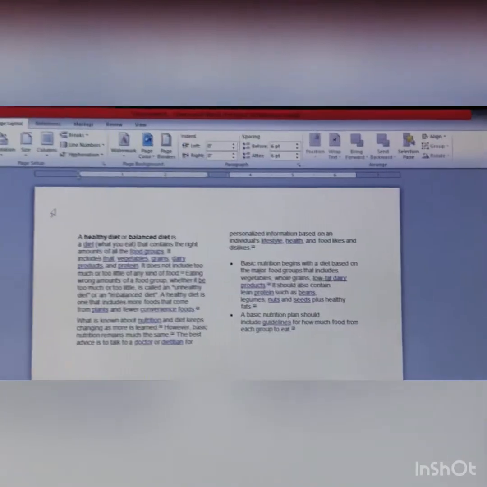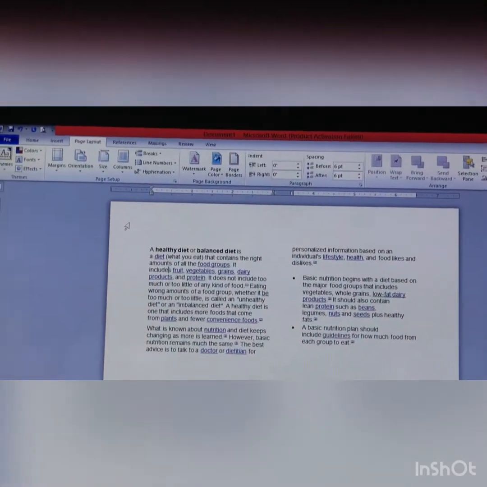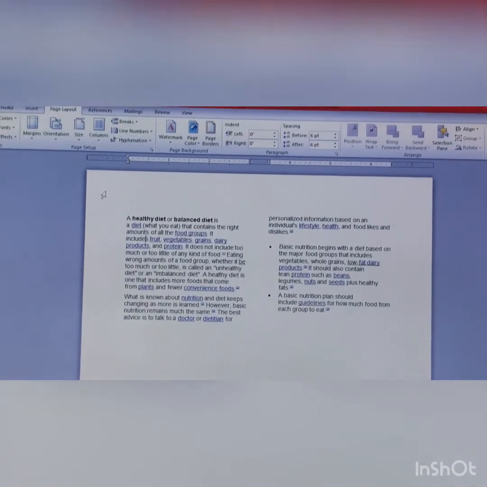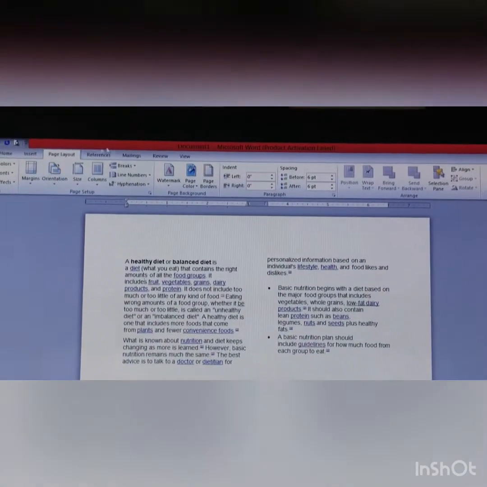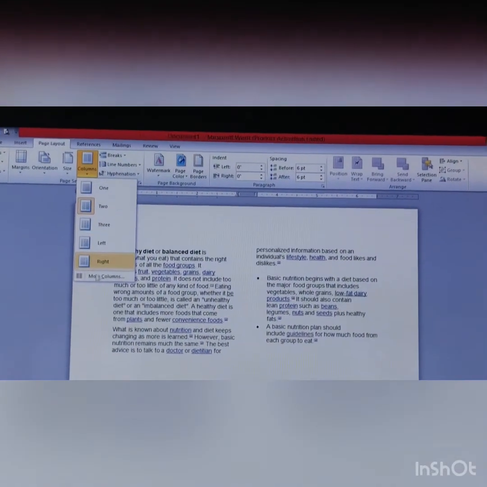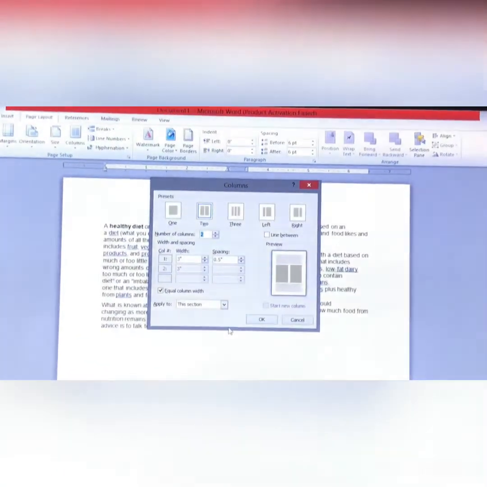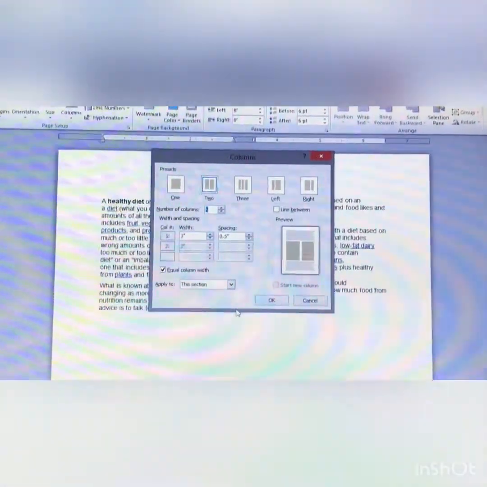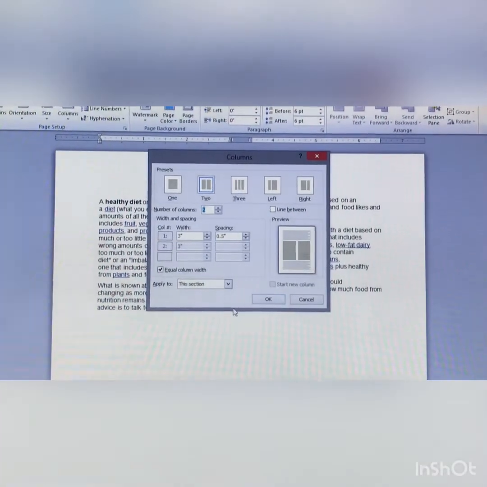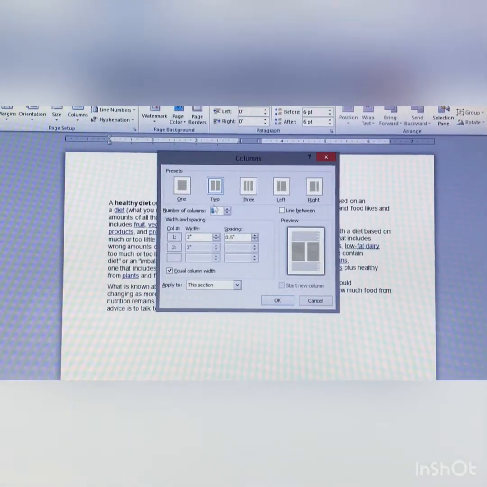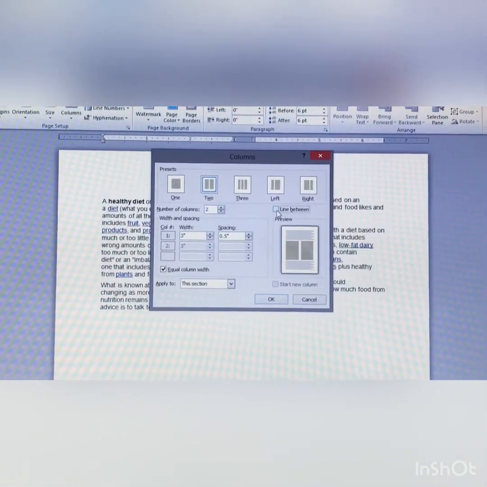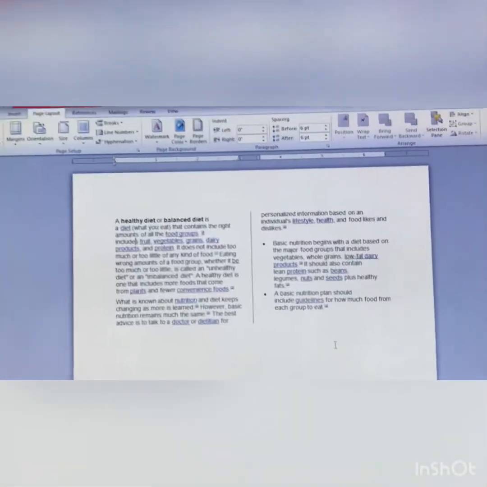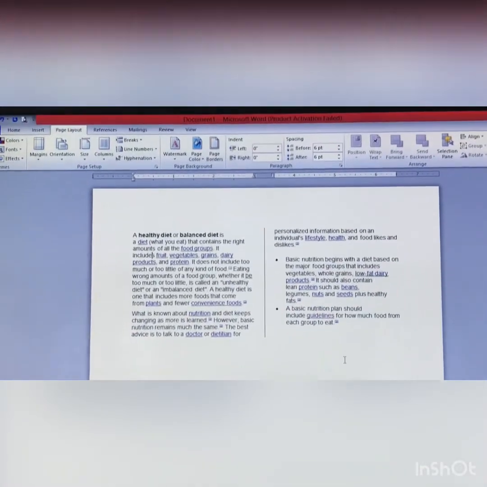Now the next option we are going to see is More Columns. How to do more columns? We can do different types of formatting. First again we have to click on the Columns option. Here you can see the More Columns option. By using the More Columns option, for example, if you want to set a line in between, you want a line in between, then you click OK. So here the line will come.